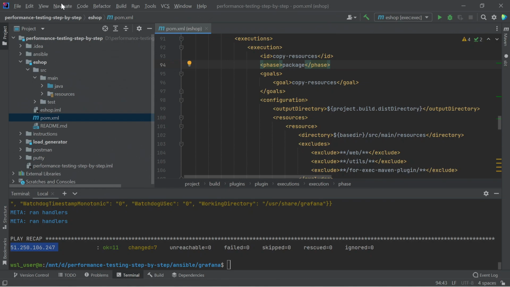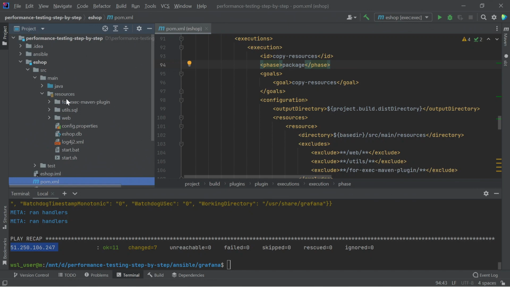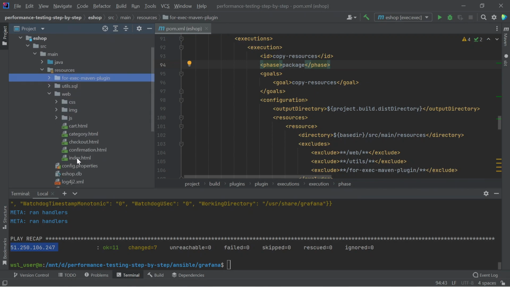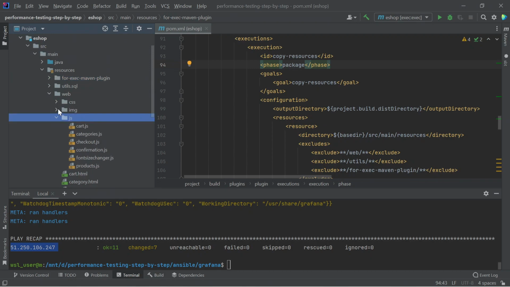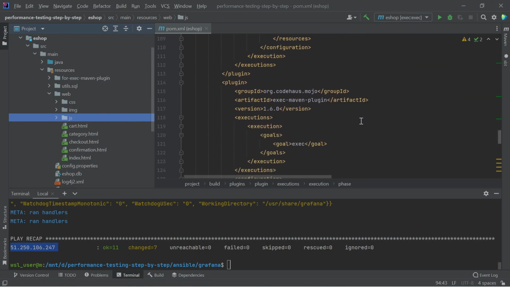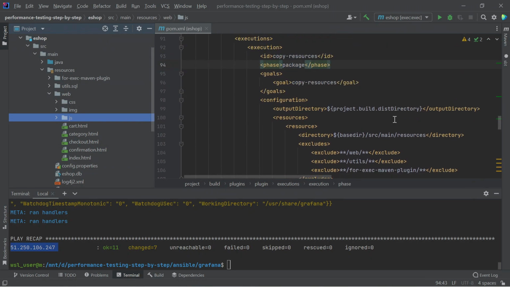As it was demonstrated earlier, we have the resources. I have allocated some of the resources to a separate folder, and they will be only used by the Maven exec plugin to run the application on the local computer. Some of the resources will be placed inside the final jar file, like JavaScript code, images, CSS styles, and HTML pages. You can learn more about how resources are located inside the distribution package inside the pom.xml file.